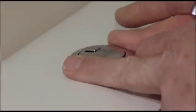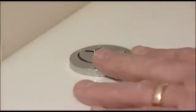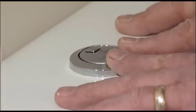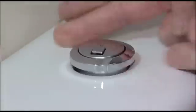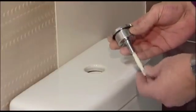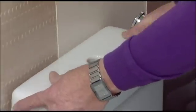This is the new style button, which has been around for several years now, and the first thing we need to do is to remove the button. On the new style, it is just a simple case of turning the button anti-clockwise and it will unscrew out of the system. This is the button mechanism, and once that's removed, you'll now be able to remove the system lid from the